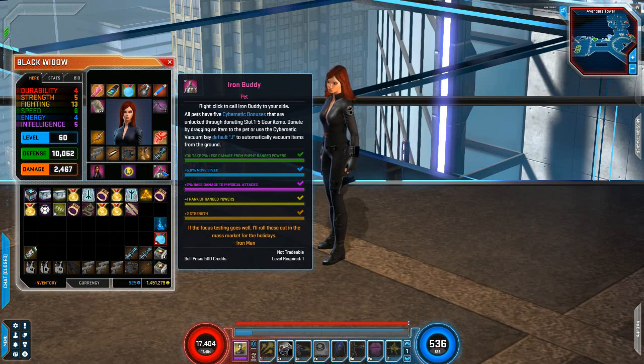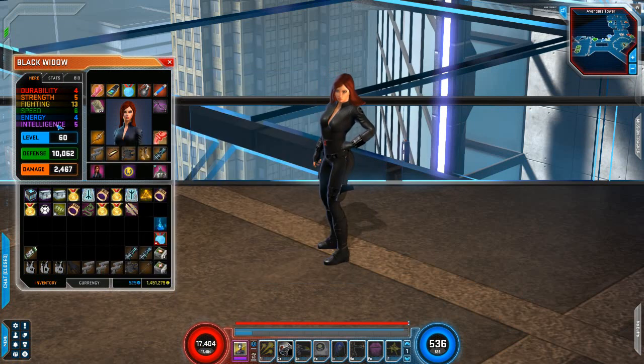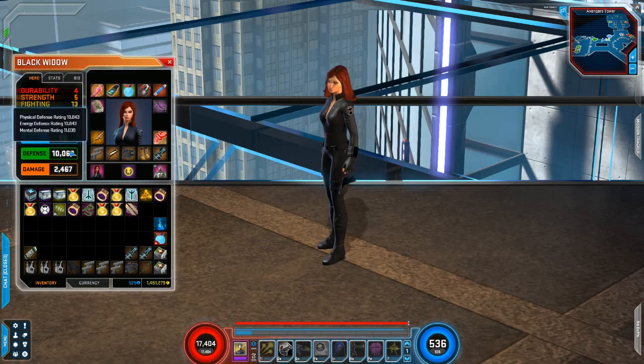You see, we're actually getting bonuses to rank powers, strength, bonus to physical attacks, movement speed, and 2% less damage from enemy ranged attacks. So all those bonuses, and it's still not helping us very much. So I suppose we should get a green one that's giving us extra health, and maybe a different pet that's going to give us some other bonuses. But I mean, just a little boost here and a little boost there isn't going to keep her from dying that quickly. 10,000 defense is just